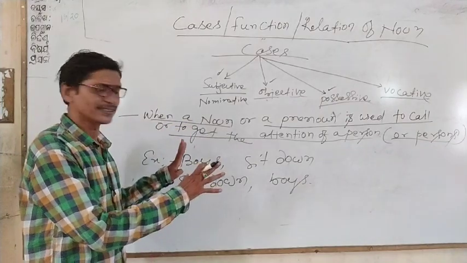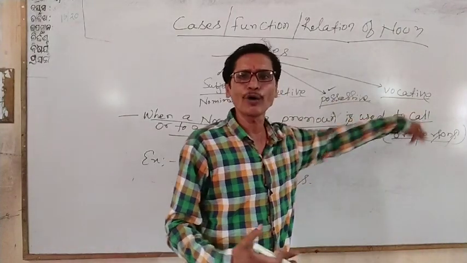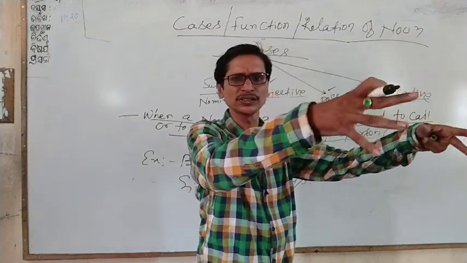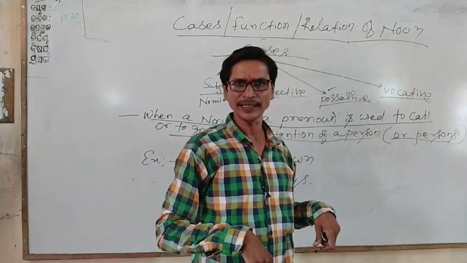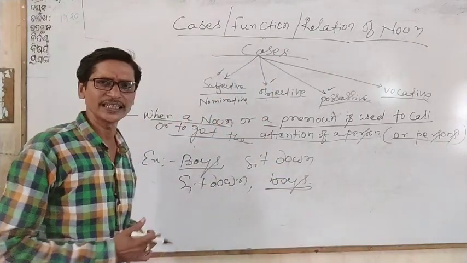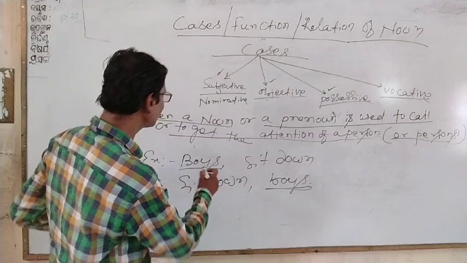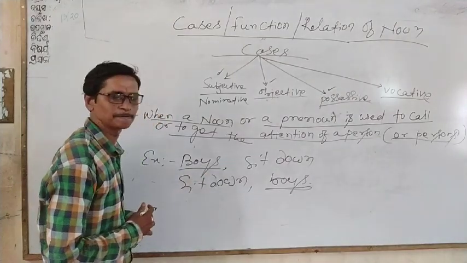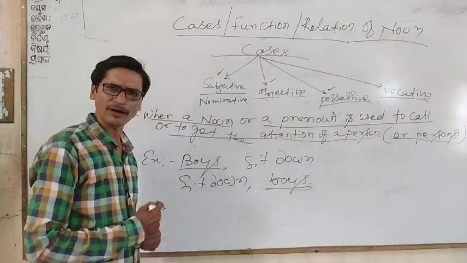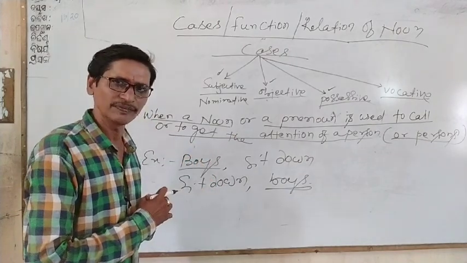So these are the ways we can express the vocative. Vocative means to attract the attention of a person or some persons towards us. Okay, so here these nouns are functioning in the vocative case. Understood? Now we understood that after "boys" we must have a comma. Similarly, if we write "boys" at the end also, before "boys" we should have a comma. This is the syntax of writing the vocative case of a noun.